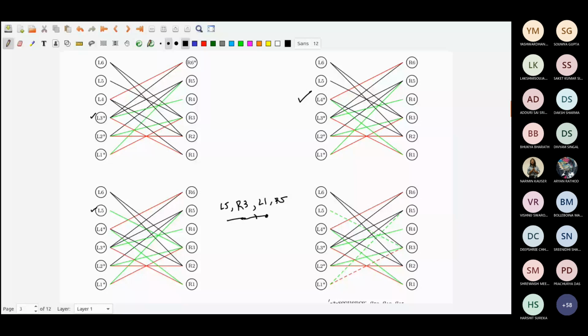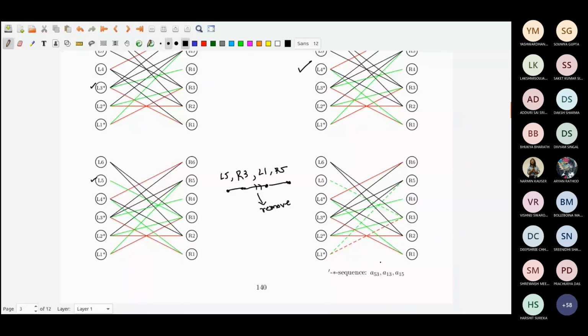So here these two are non-matching and vertices are non-matching. So what it is saying, in that case, remove this matching edge, remove this matching edge, and make the other two edges matching. So that means in the next you will have L1 to R3 red. Here the augmenting path is shown using the dashed lines, and the prime star sequence that I have got was